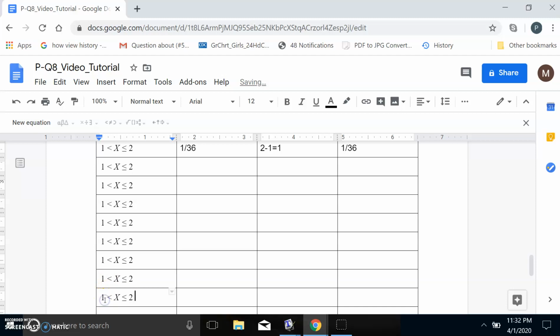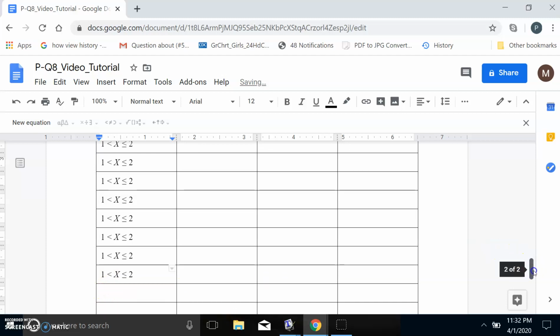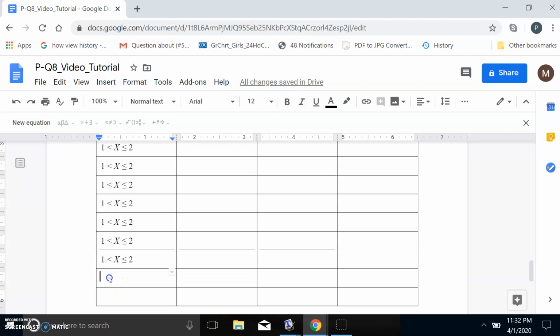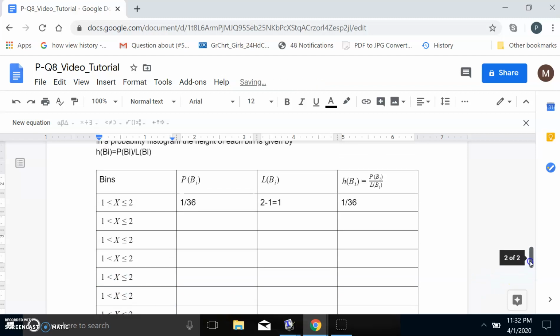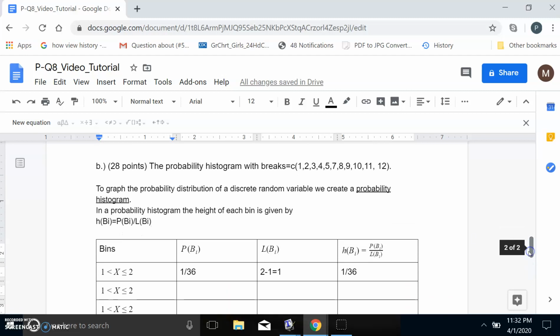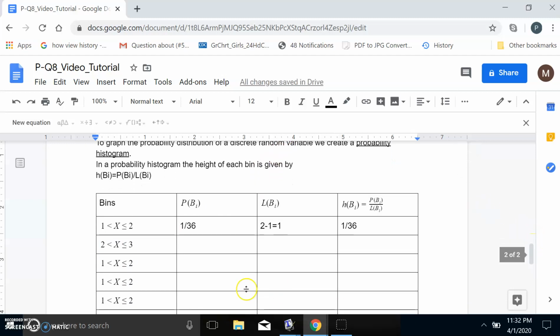Okay, need to go here, say one more, or two more actually. Okay, so the second bin is, basically each bin is length 1, so the next one's from 2 to 3. Should be 2, 3 here. Yeah, the bins are here. It's telling us the breaks, so we can find the bins from there. So it'll be then